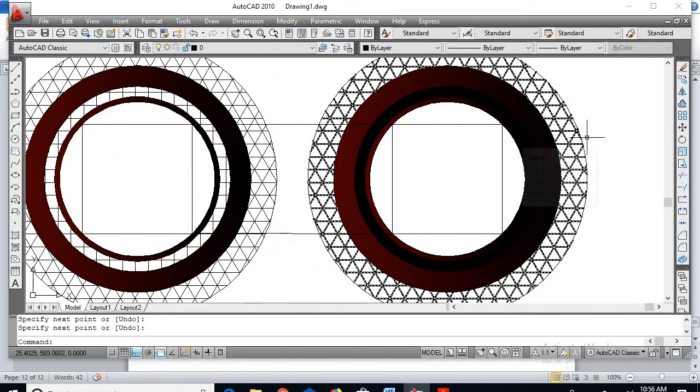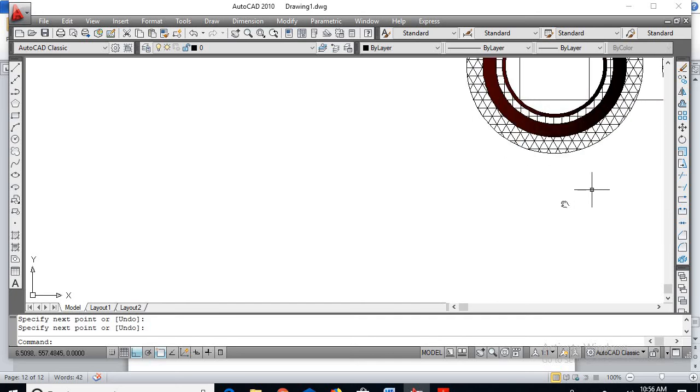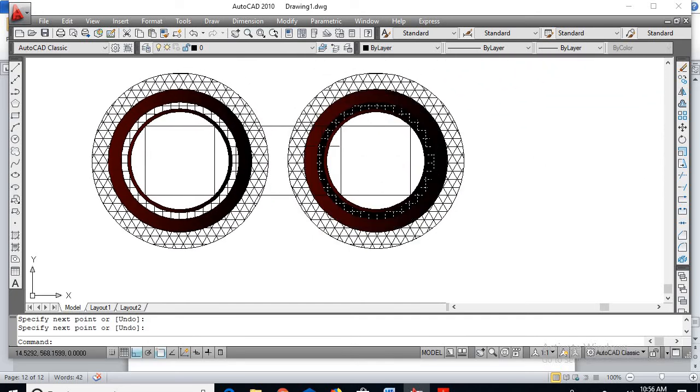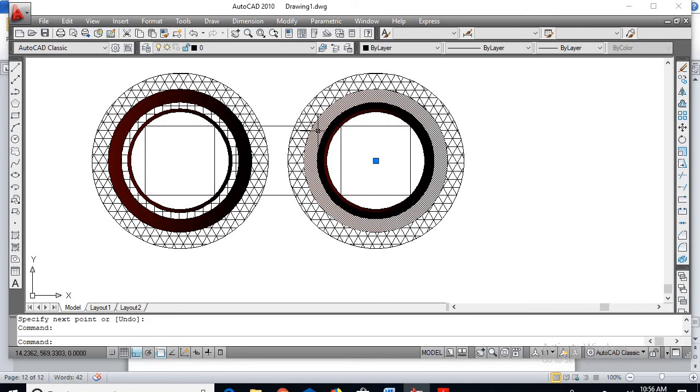Okay, so we are unable to see the windings, okay, I will delete this. Here again I will delete the windings.